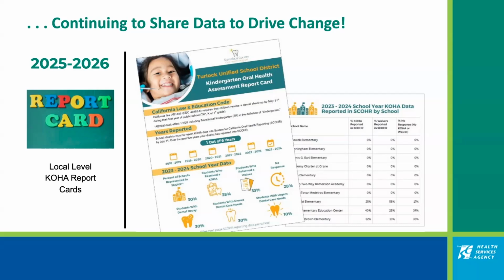And then breaking it down by waivers and no responses. And if they had more than one school in their district, we were also able to break down some of the data. So we kind of told on some schools that weren't doing so well to their big boss. And we have seen some more engagement from school districts and from schools themselves. This also went out to the school nurses, so we didn't do it necessarily behind their backs. We still were engaging those partnerships and didn't want to burn any bridges. But we thought sometimes they need some support from their decision makers. So that was our approach for 25-26 this year.